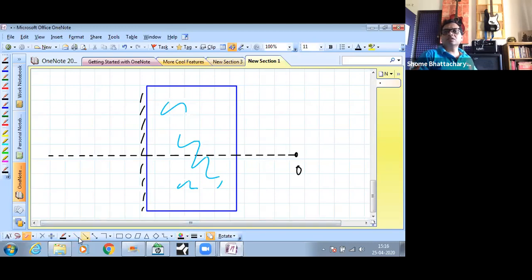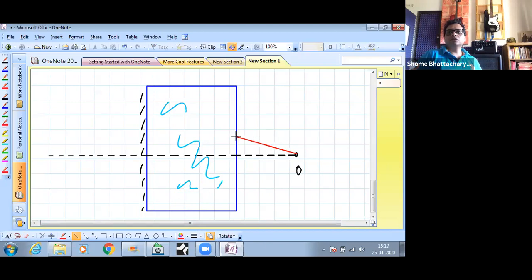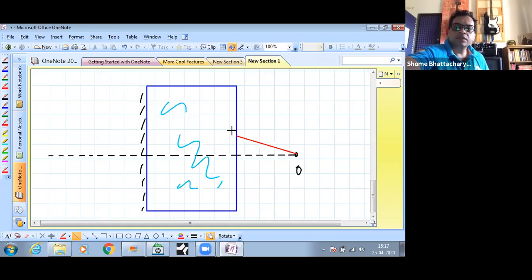But now what we're more interested in is paraxial rays, that is rays which are very close to this normal, almost parallel, but not parallel. They are making a very small angle of incidence. So we are interested in that kind of rays. Now just imagine in my diagram that this is actually paraxial, though it is not, and this angle is very small. So such an incident ray will, after refraction over here, deviate in such a way that